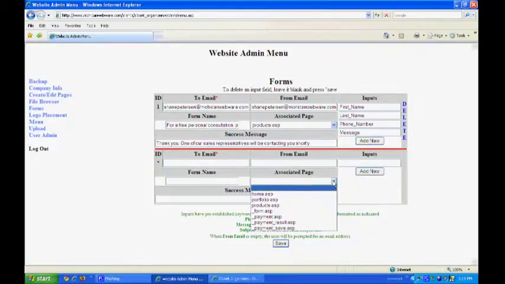Payment result and payment save. Those are all if you're receiving online payments, so I'll delete those when I update your company info. Now, some people will have those, and you can assign to those pages as well. So say, payment result: if you had problems or if you didn't get the results you wanted, fill this out and we'll contact you. That sort of thing. And if you don't want it to show up on the sidebar of any page, then just leave it blank. So let's go over to our other window to see where this form ID number 1